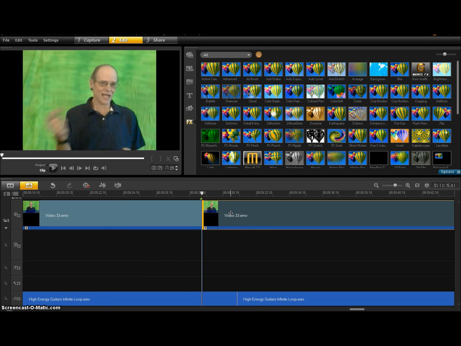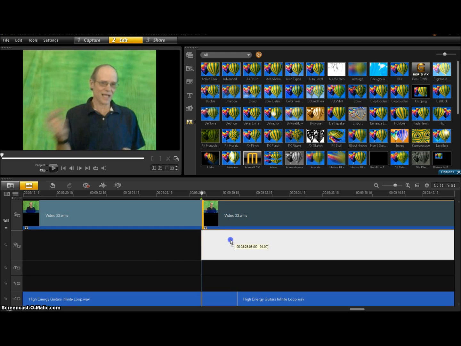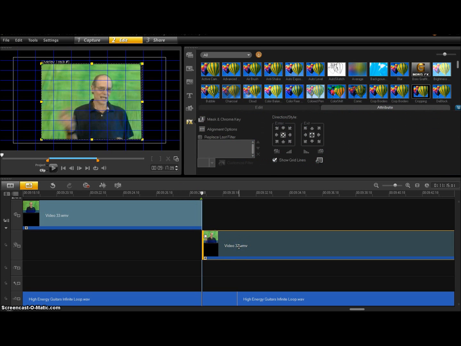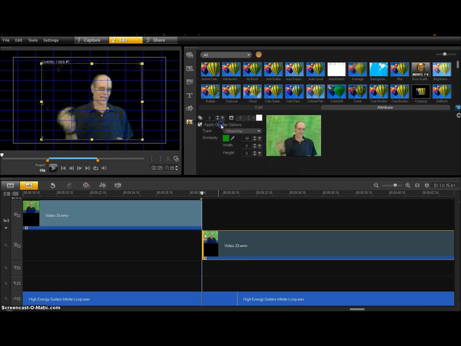So what I already did, but what you're going to do is click on here, then right click, split the clip, and then drag it down into the overlay track. So now what was once my primary is now my overlay. Now what I'm going to do is get rid of that green. So I'm going to click on it, double click, mask and chroma key, apply overlay options, and you see everything